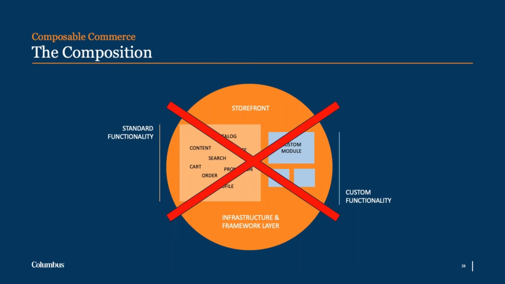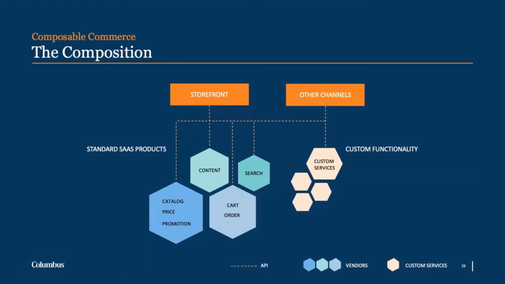So now if we look at what a composable architecture would look like instead, here we see that the storefront is separated from the rest. And instead of one big e-commerce package, the e-commerce capabilities are provided by several business capability packages from different vendors. And if you need to, you can provide your own packaged business capabilities to the solution using whatever technology stack you see fit. As long as it's possible to communicate with them using open standards, you can use them in a composable solution. So the customer-facing storefront and other channels too will then consume these business capabilities through exposed APIs,